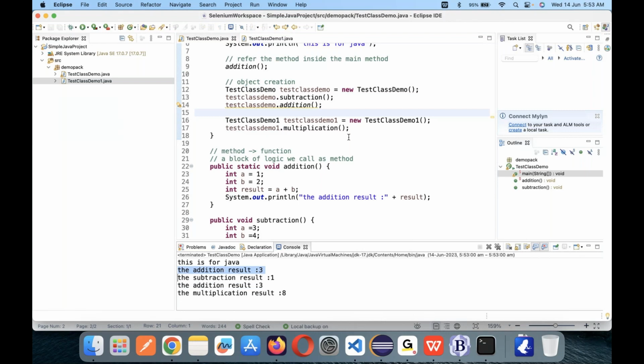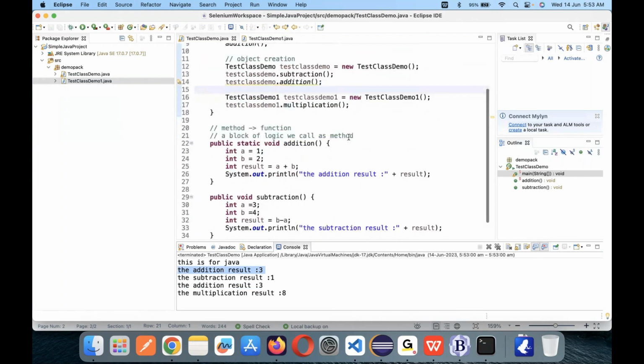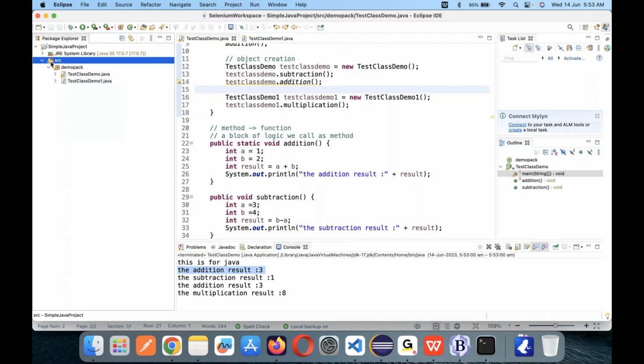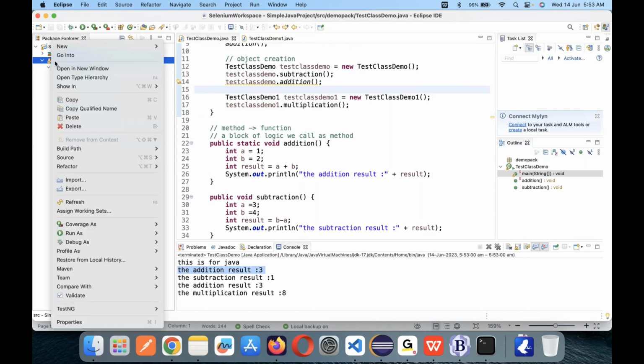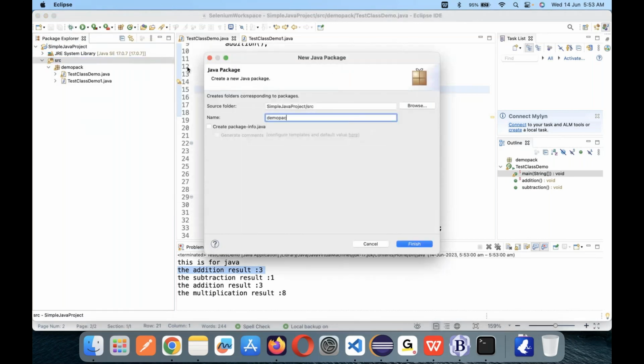So any doubts so far? Okay, so I assume there are no doubts. Now let's see how to access it from another package. So I'm going to create a new package now. New package, demo pack 1,